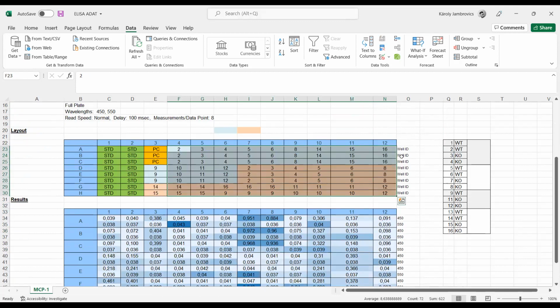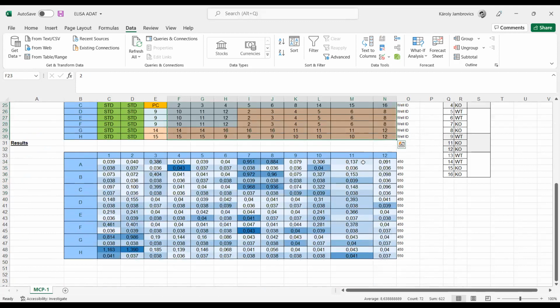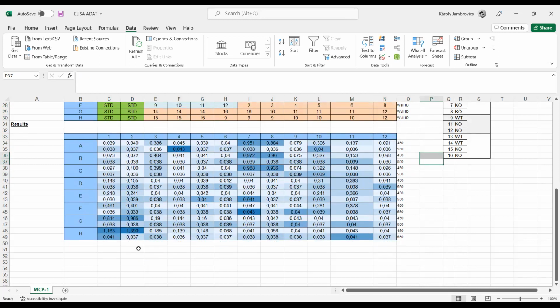So when the machine is measuring this one, it's important to see that every time you would have two values. In my case, the manual said that I need to measure it at 450 and 550 as well. These values are just the background. And the first step in all of the ELISAs is that you need to take out the background. So what I'm going to do now is take out the background value from each of